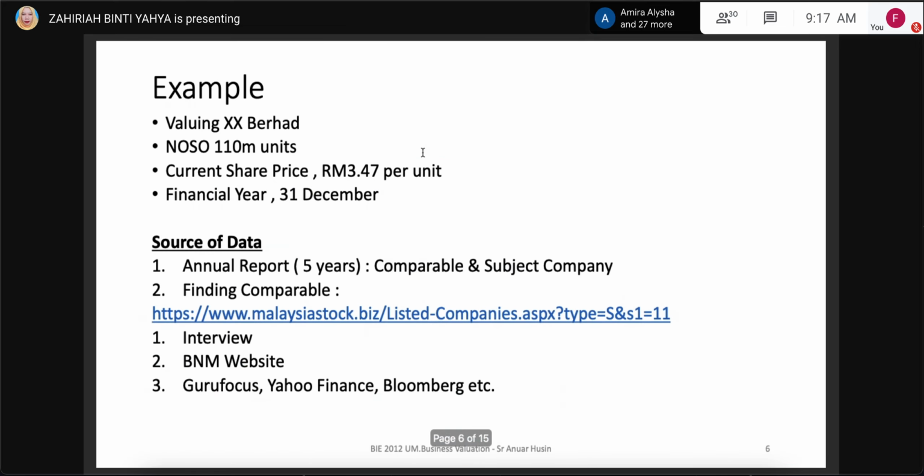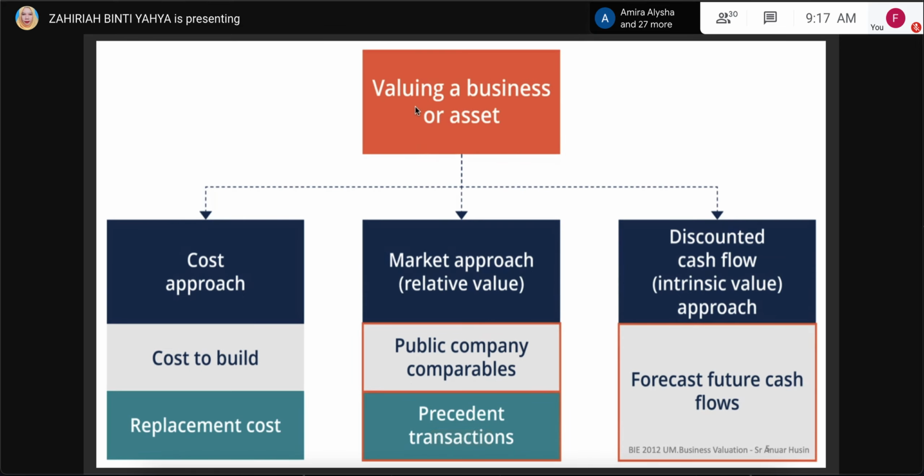So no problem. We just go to the valuing of business or asset. As explained by Surveyor Anwar, you have to value the whole business, 100% of the shares. Not 40%, 50%, you value 100%. Okay. So for your property,